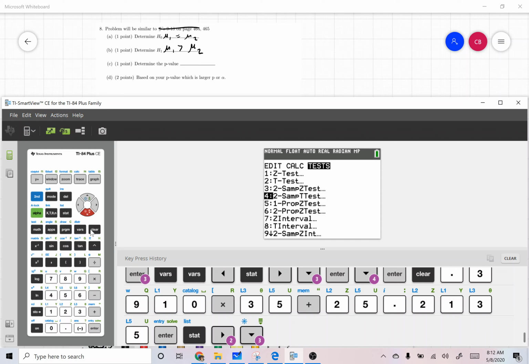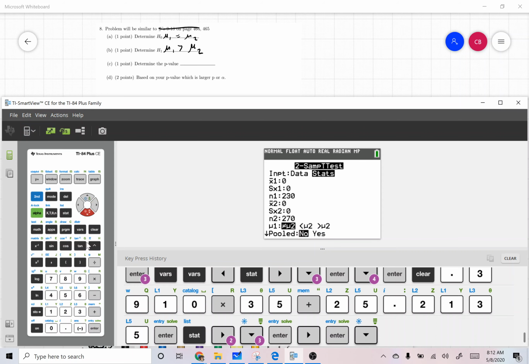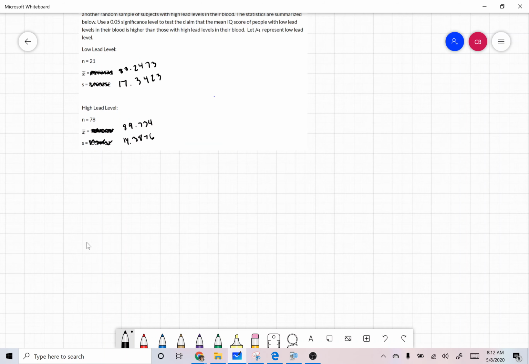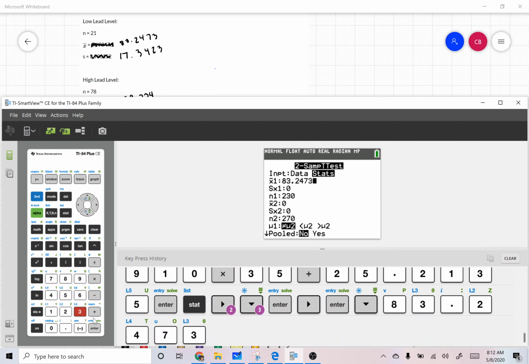Actually, yeah, I think so. This is not a data, this is a stat. And you should see where you can enter all of this information. So let's enter it. I mean, that's kind of how this works. If you don't see where you're supposed to enter the information, it's not helpful, although sometimes you have to make a decision whether or not everything is useful in the problem, and that can sometimes throw you off. But so we enter that